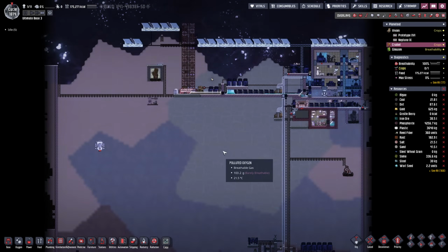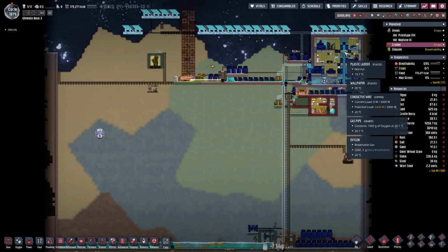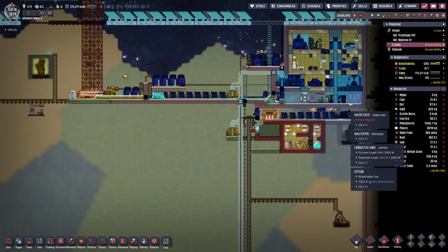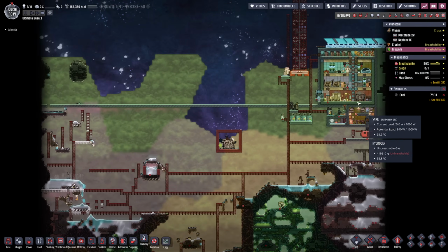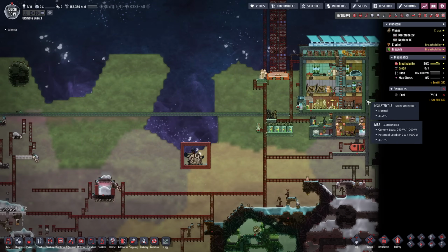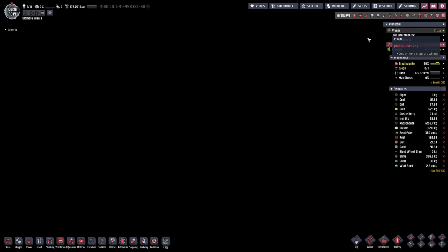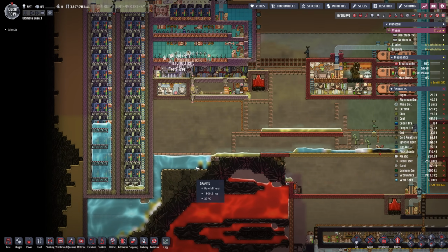The next time, and I'm actually gonna record that right away, I'm gonna go ahead and move my living module for Liam. I already mentioned that I'm not happy with the first iteration we have going on here. I'd rather have something similar to ONI, but we're gonna have it on the left side of the planetoid, so it's kind of mirrored. But that is definitely what we're gonna do at the beginning of the next episode, and then maybe we can also take care of something else. Is there something else that is really pressing? I don't know, maybe taking care of the